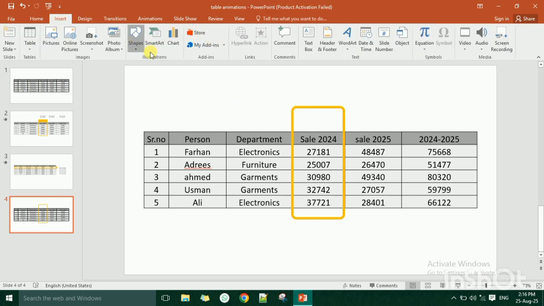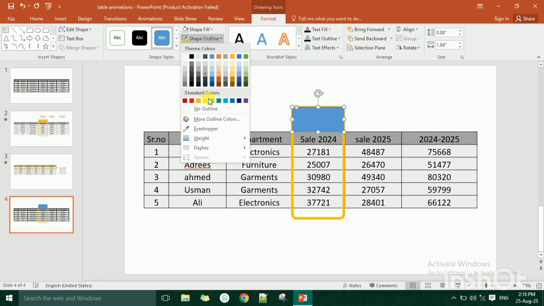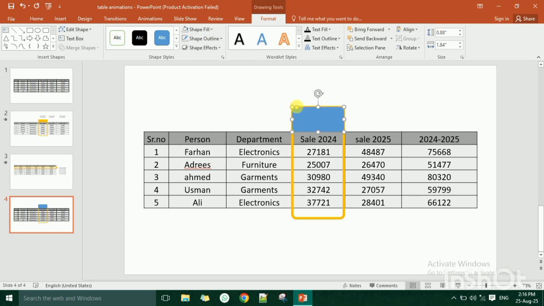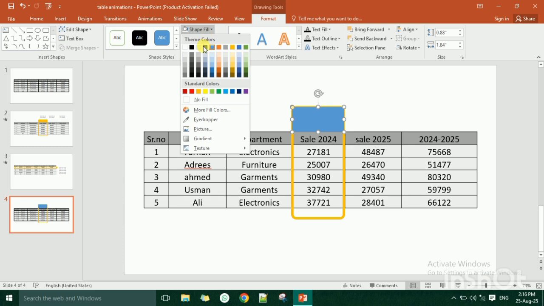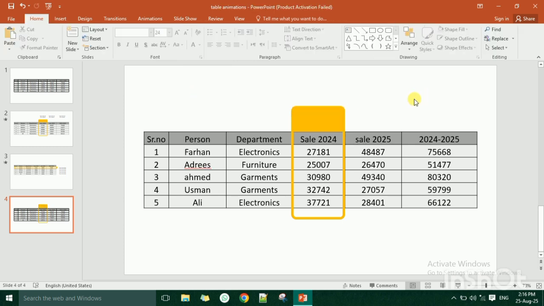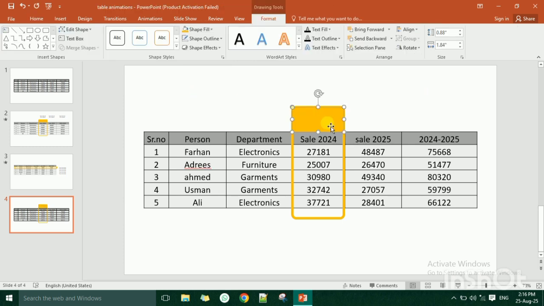After that we have to go to the Insert tab again and click on Shapes and choose a rounded rectangle again, and I'll draw it here like this, and I'll click on Shape Outline and remove the outline. Let me decrease its corner curvature, and after that we go to Shape Fill and apply the same color that we chose earlier. Then we choose both of these shapes and press Ctrl G to group them. Now we have grouped them both, and after that we have to apply the animations.